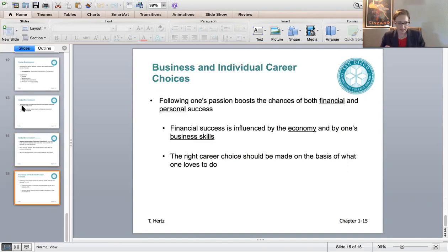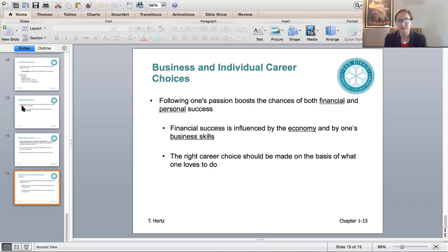All right, lastly, the very last thing I want to talk about in chapter 1 is business. Business is a wonderful, wonderful thing to study. It's a career choice that I would recommend for many people. This was my passion, entrepreneurship and business. But you need to make sure that whatever choice you make within business aligns with your own personal passions, your personal beliefs, your personal goals.